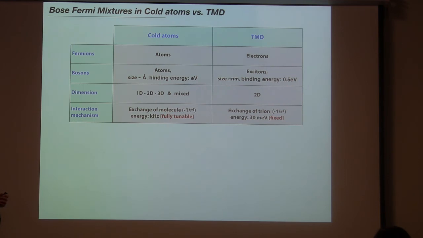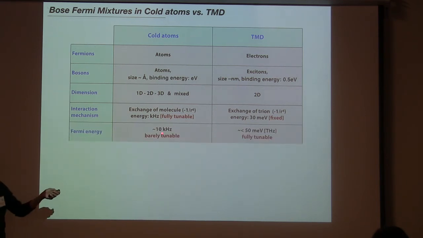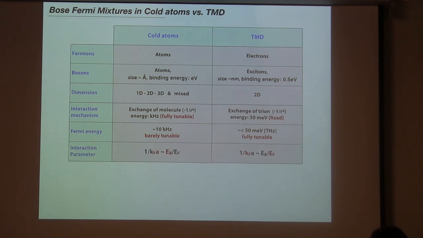What I mean by this is the ionization energy, basically, of an atom. Let's take hydrogen atom, then it will be 13.6. And of course, there are different internal transitions. I mean, that's kind of just to get this. So it's translating basically size into eV. The Fermi energy in cold atoms, they are probably up to 50 kilohertz. In TMDs, we have 50 millielectron volt, which is about terahertz scales, but that's comparable also again to the interaction strength, and here we have the same, it's comparable. And that's the only thing which matters, to make these scales comparable.